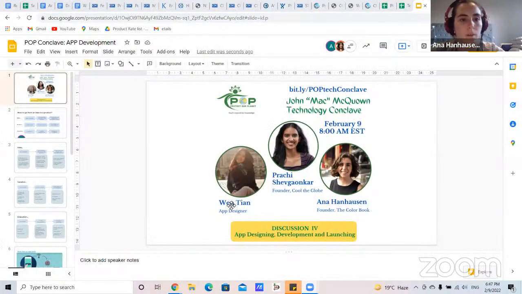Okay, awesome. So my participation in this session of the conclave will be divided into two sections. The first one will focus on how we can go from an idea to a product, right? Because sometimes we get to an idea, and we think we're ready to launch it, but there's a whole process where we need to do research and market analysis and different things to make sure that we reach the most appropriate solution. So I divided this explanation into three parts.